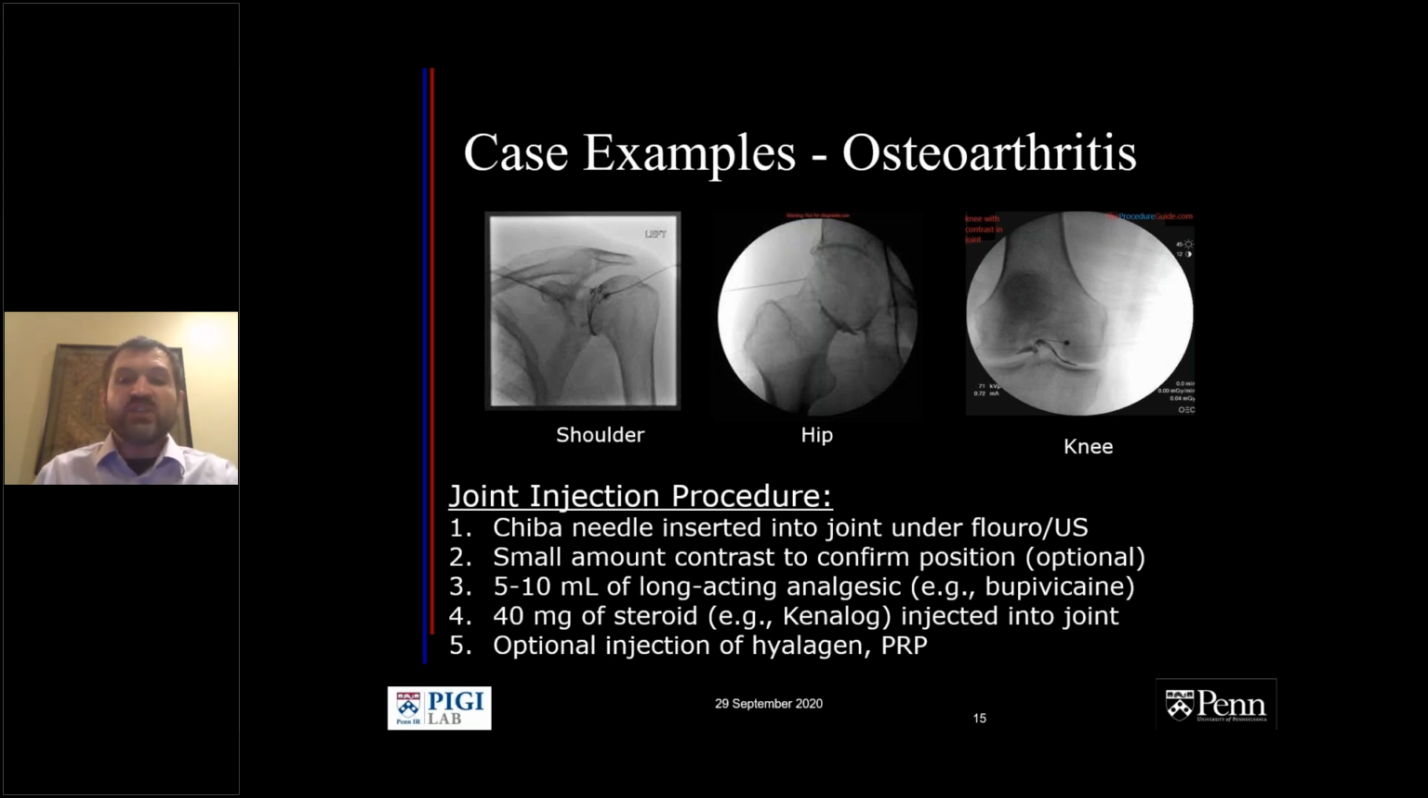Then you usually inject, we mix our bupivacaine with our steroid, but however you want to do it, you inject 8 to 10 mLs of a long-acting analgesic like bupivacaine into the joint. That's going to provide immediate pain relief to the patient by desensitizing those nerves, using basically a long-acting version of lidocaine. You're also then going to inject a steroid. We use a lot of Kenalog, which is, like I said, triamcinolone, a synthetic steroid,